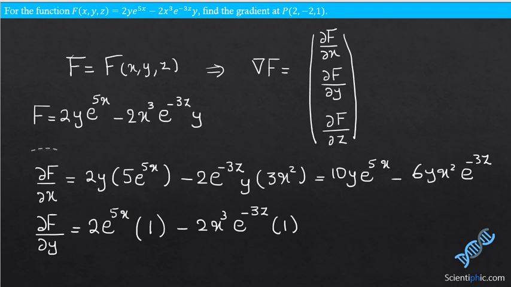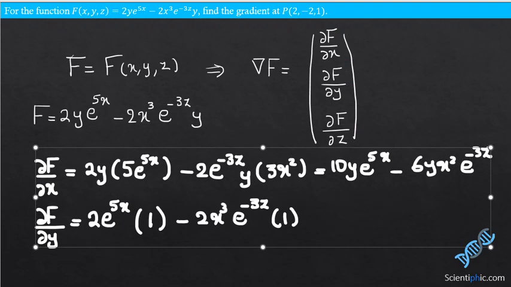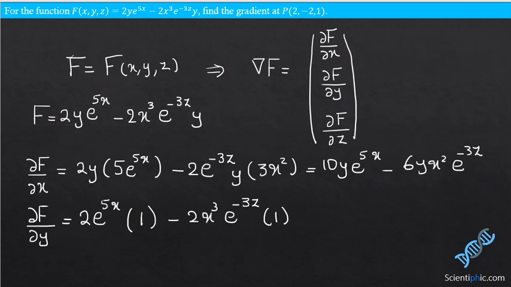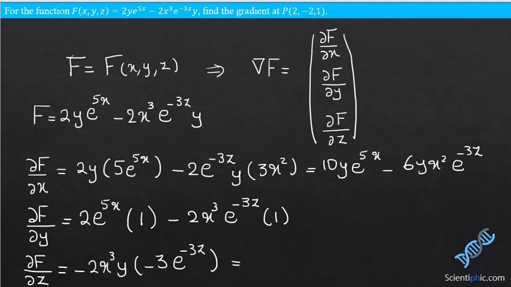And finally, for the last part, the partial derivative of f with respect to z, again I'm going to only consider z to be the variable. In the first term I don't have any z, so the derivative of that term is going to be 0, and in the second part I'm going to write the constant parts, which is minus 2x cubed y and minus 3 e to the power of minus 3z. If I simplify this expression, I will have 6x cubed y e to the power of minus 3z,